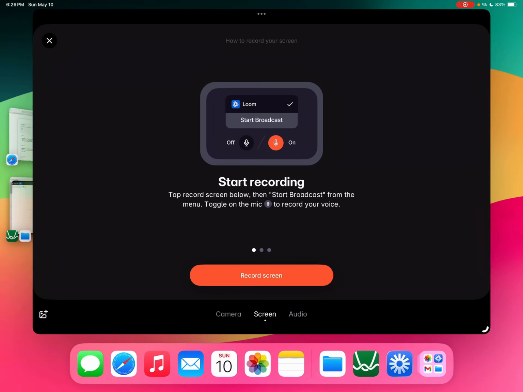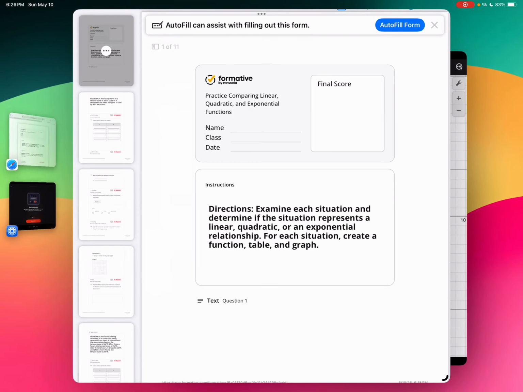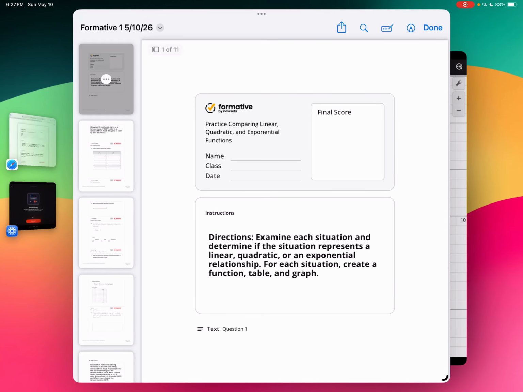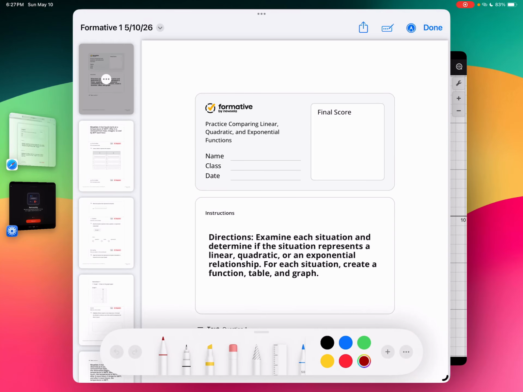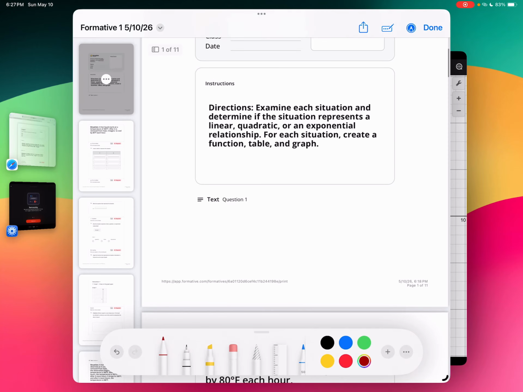Okay, I'm going to go over the formative. You can see right here, we're covering linear, exponential, and quadratic functions. We're not really sure which one's which, but we're going to cover all three types. It starts off with a question: examine each situation and determine if the situation is linear, quadratic, or